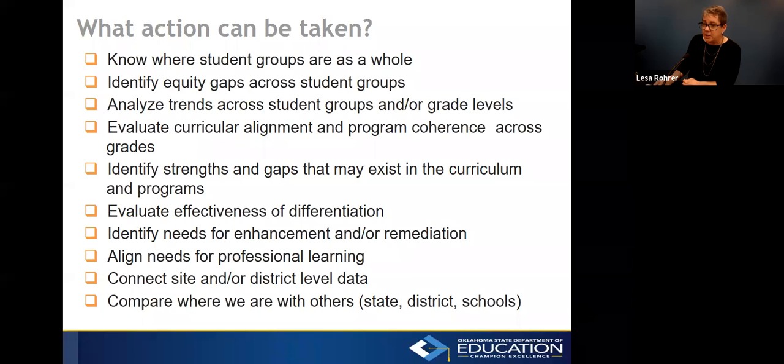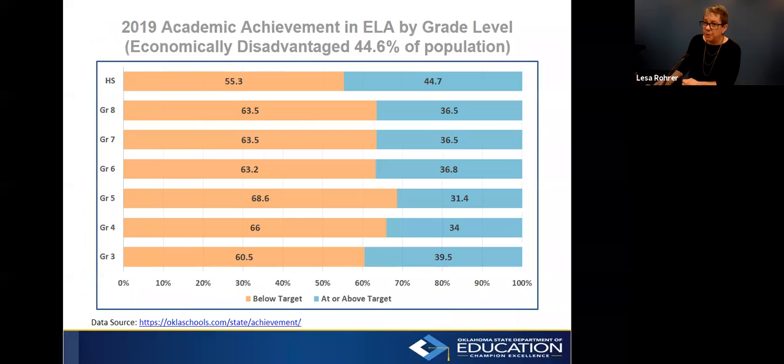We're going to take that economically disadvantaged group and we're going to break them down by grade level. We chose this group because it does represent 44.6% of our students, and most of the targets for our economically disadvantaged fall below that 300 mark. So these students can be at or above their target. They can earn between 0.95 and 1.25 points. When we look at it across the grades, you'll notice some interesting trends. In grade 3, we do have more students, 39.5% of our students meeting their targets, and 60.5% below their targets.